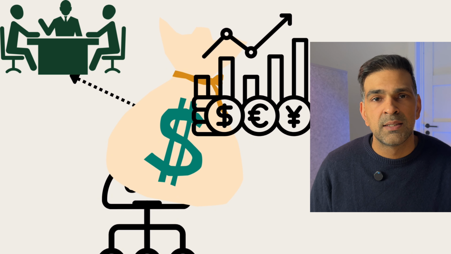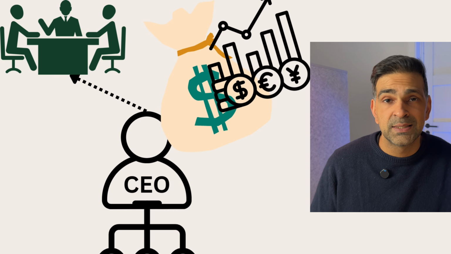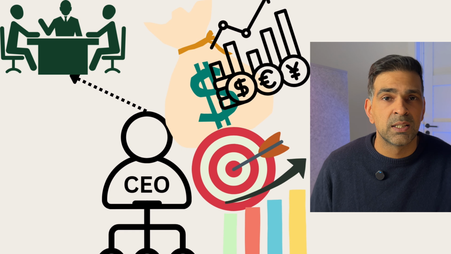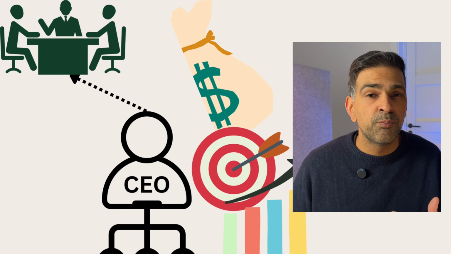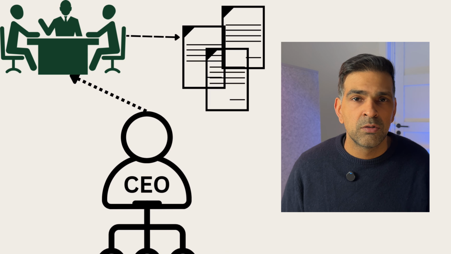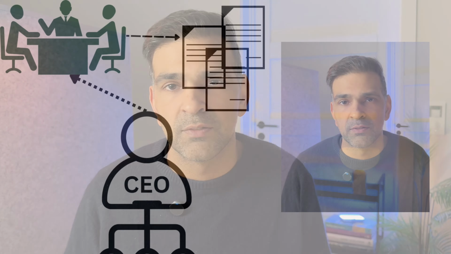And the way that that money can grow is by the company itself achieving its goals and targets. In return, the board usually gives a set of policies to the CEO that they want the company to adhere to. These policies are generally a bit high level, but they give some sort of requirements to the company. Now, these could be that you have to ensure that you follow all the rules and regulations, or that you do things as efficiently as possible, or things of that nature.